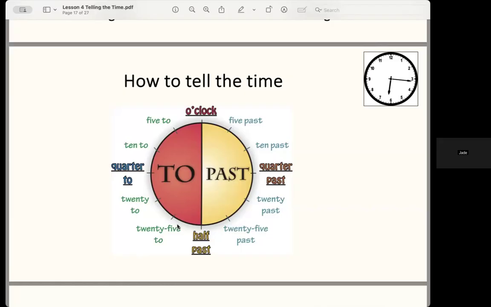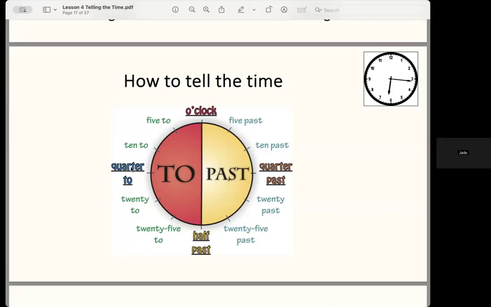You know how to use an analog clock. So what's more important is how we say the words in English, because I'm sure you know how it works. But we switch over in English. I'm not sure whether you do that in your language, but we switch over to 25 to the next o'clock, 20 to, a quarter to, 10 to, and 5 to.